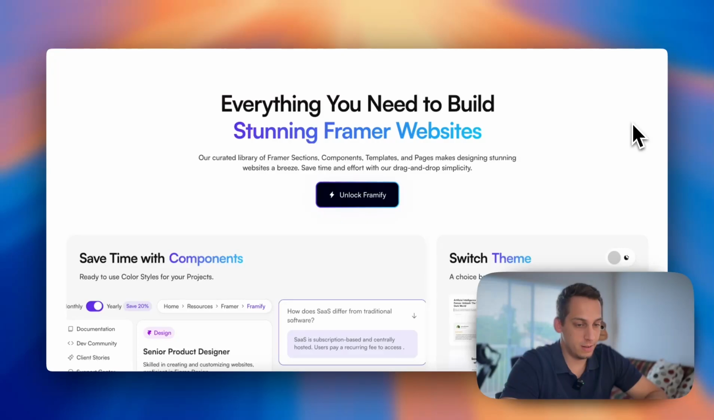My name is Lucas, and I like to build Framer websites. I like to use no code tools, and I like to teach designers and non technical people how to use these amazing tools. So, I stumbled upon this